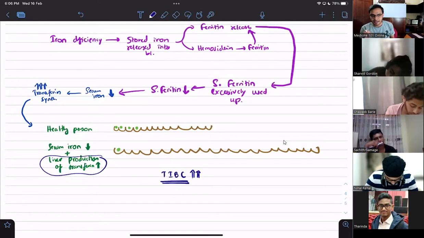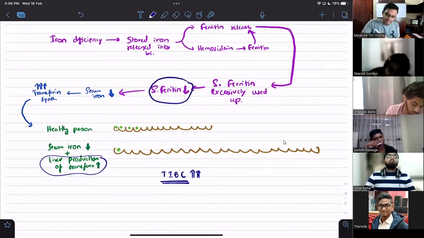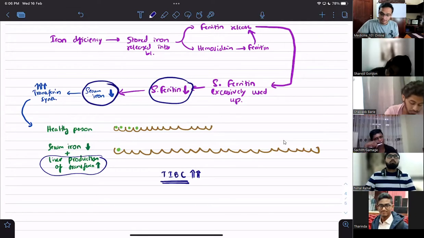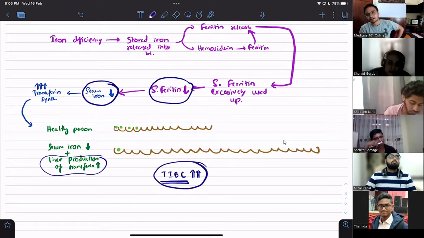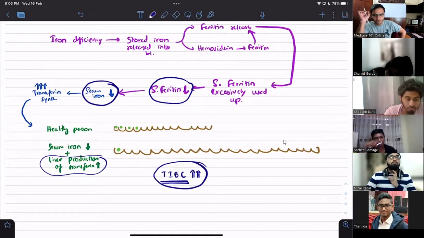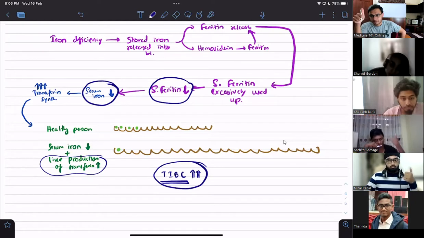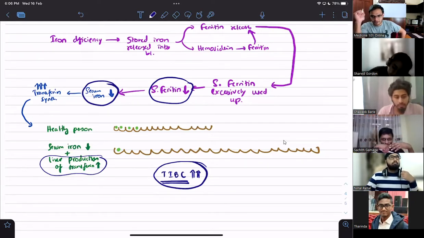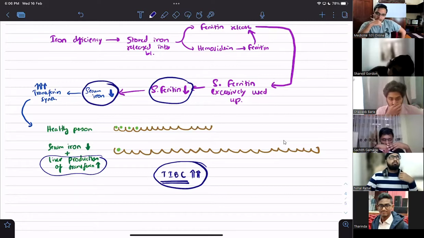Iron deficiency anemia, right? Serum ferritin low, serum iron low, TIBC high. This is your iron profile. Did everyone understand this point about TIBC? If you all didn't understand, it's a big issue there. Give me a thumbs up. Let me see some thumbs. Okay. Dilshani understood? All good? Right. Excellent.